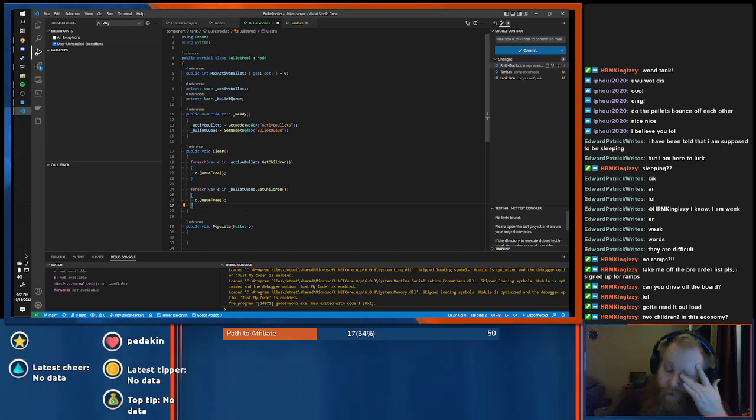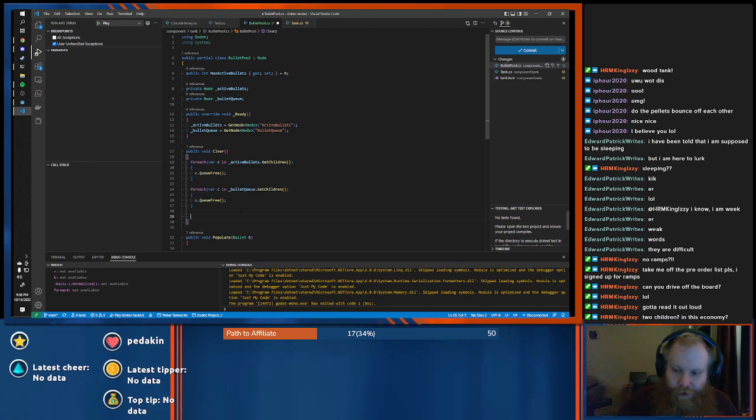I don't know if queuing is actually a good idea. No, we're gonna do this a different way. I feel like that can introduce some problems if more stuff happens before the end of the frame when those are actually freed.